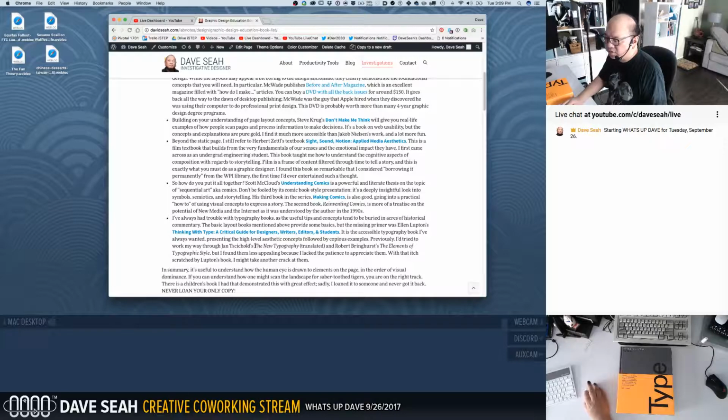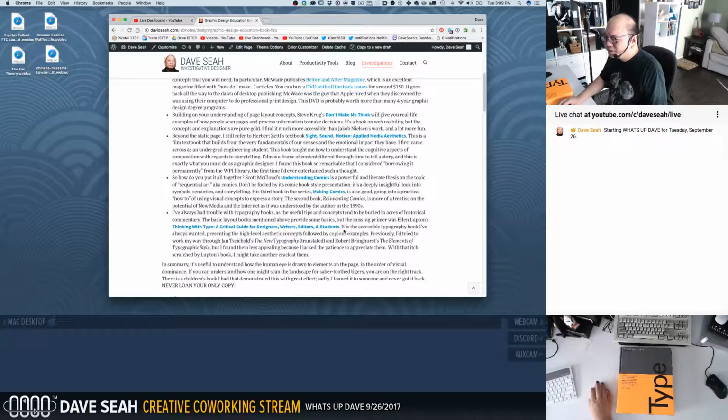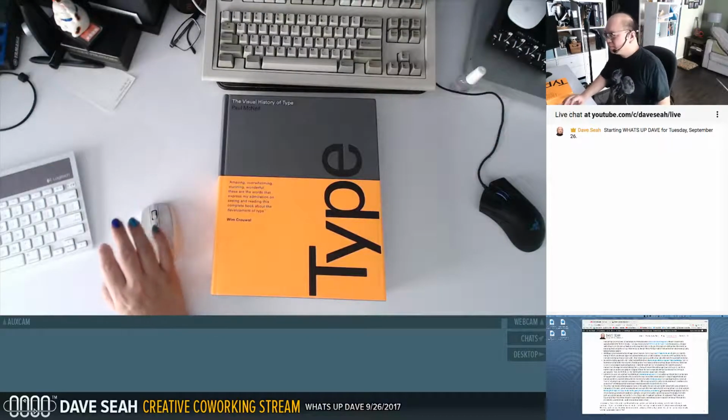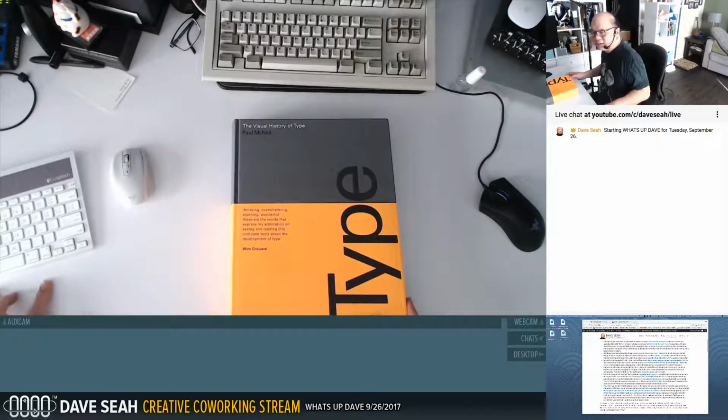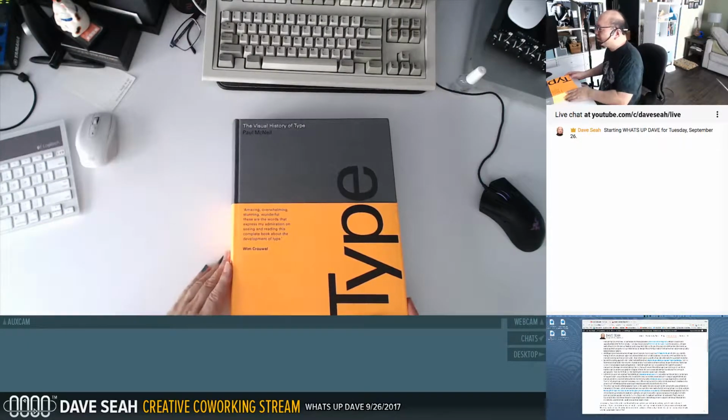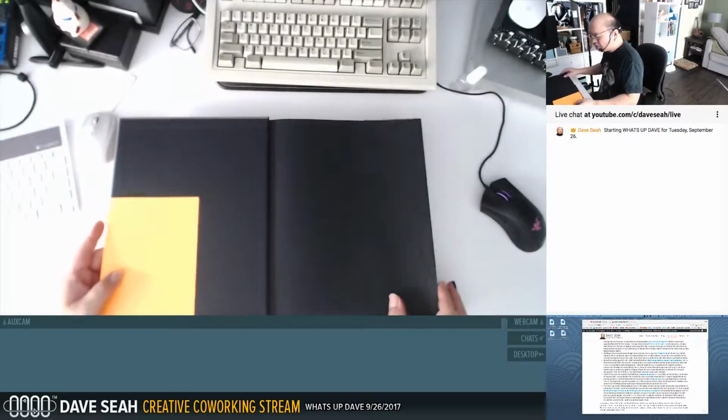And here's the book I was trying to remember: Die Neue Typographie, which was this German book that was translated. Elements of Typographic Style. Dry. No fun. And considering that I got into typography in the era when digital typography started to become a thing, these books were well written before that. Before you had magazines like Ray Gun come out and people just started making their own digital fonts.